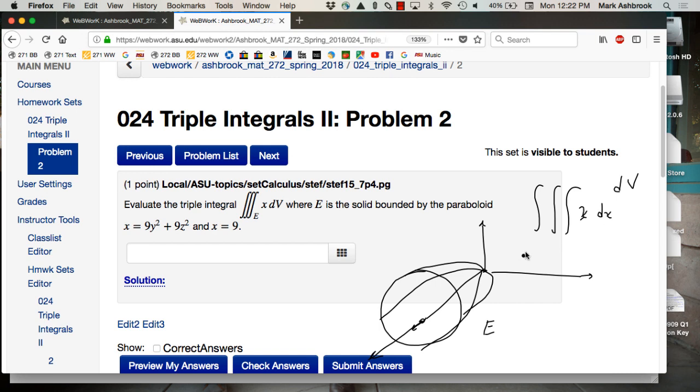Back to front. So the archer's back here. He's going to shoot into this thing, and he's going to hit the what first? The paraboloid, always? Yes. And then it's going to exit out the plane, always? Yes. So we've got just one triple integral here: the back is always the paraboloid, and the front is always the plane. So we're going to do that, and then from there we're going to do